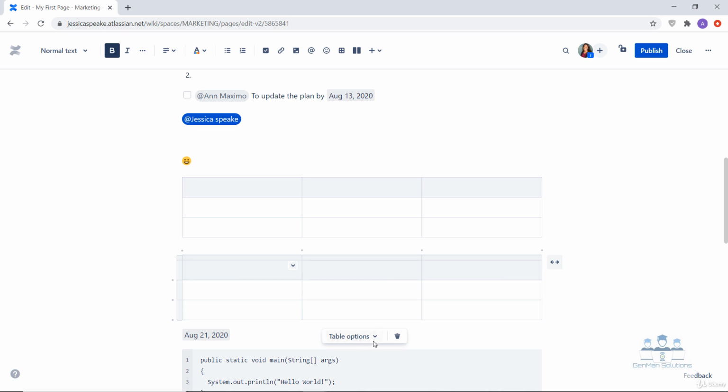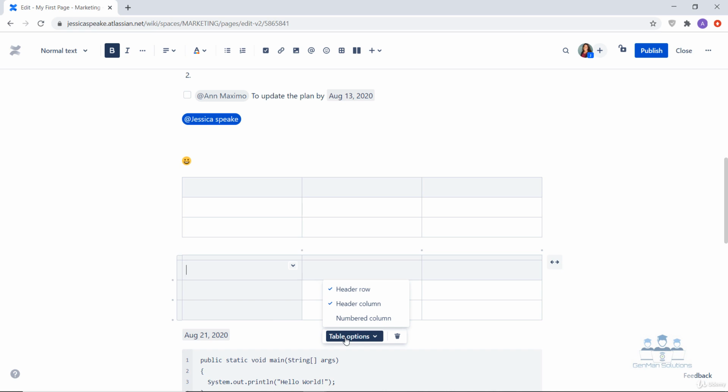The table toolbar option, which you can see on the bottom of the table, offers a lot of powerful operations. The choices made in that toolbar are specific to the table in focus. In case you want to mark the first row as a header row with a gray shaded background and bold text, select the first row, which anyways is a default option. In case you want to mark the first column as a header column with a gray shaded background and bold text, select the second option, that is header column.